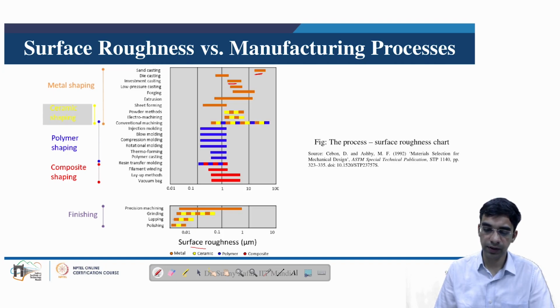The surface roughness is further reduced, and depending on the material, these processes are more popular with metals and ceramics. Polymers and polymer composites don't need much surface finishing, as the primary process which makes them has generated smooth enough surfaces that there is no further need of finishing operations.